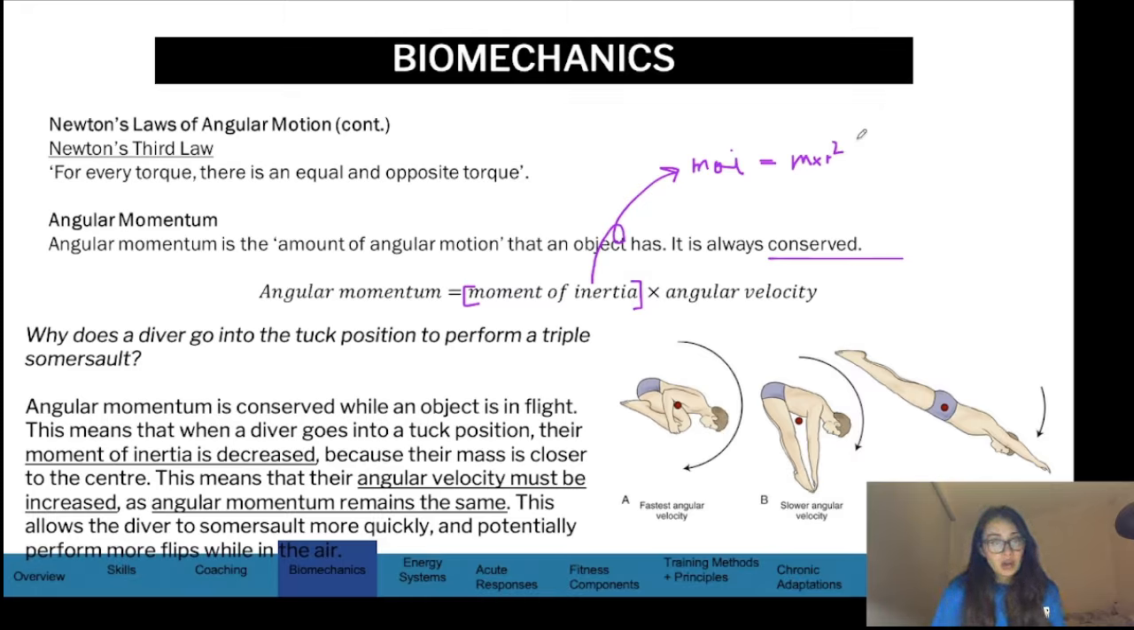So we've got the formula. Angular momentum is equal to moment of inertia times angular velocity, and moment of inertia is equal to mass times radius squared. And what we can do is manipulate this equation however we want. So we can see in the diagram here on the right, we've got a diver. If we look at A, this diver is going to be spinning really fast, and I'll explain why in a second. If we look at B, the diver's got a bit of a slower velocity. If we look at C,